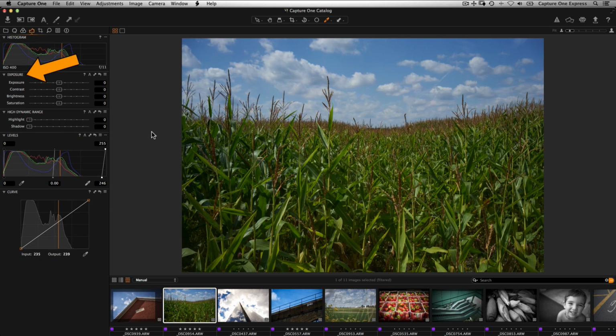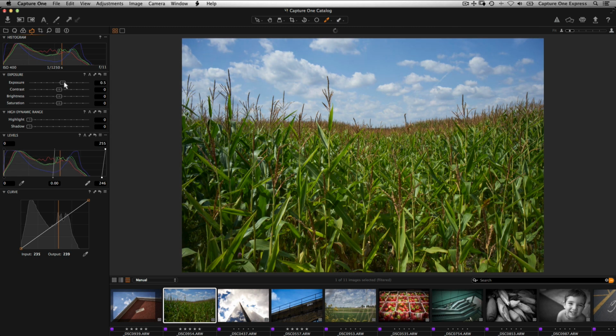The Exposure tool contains the commonly known sliders of exposure, contrast, brightness, and saturation. Incorrect exposure can be adjusted by dragging the slider to the right or left to compensate. Contrast, brightness, and saturation can be adjusted in a similar way. The saturation slider is based on an intelligent mode of operation where already saturated colors receive less treatment than lower saturated colors. This avoids oversaturation of the image.